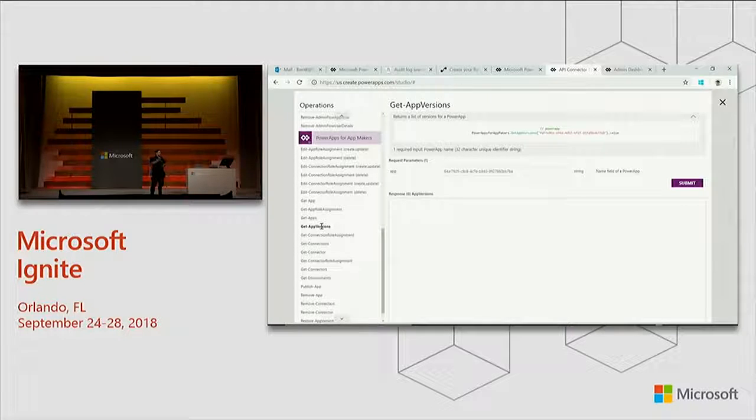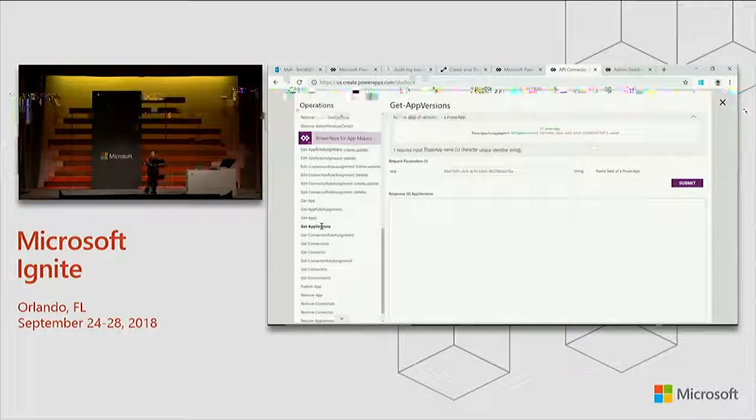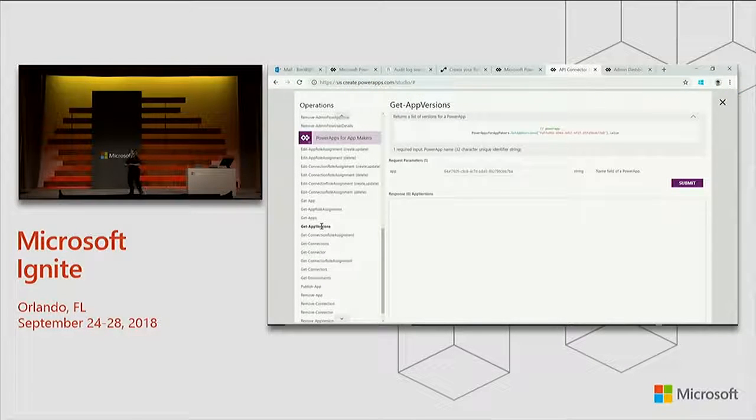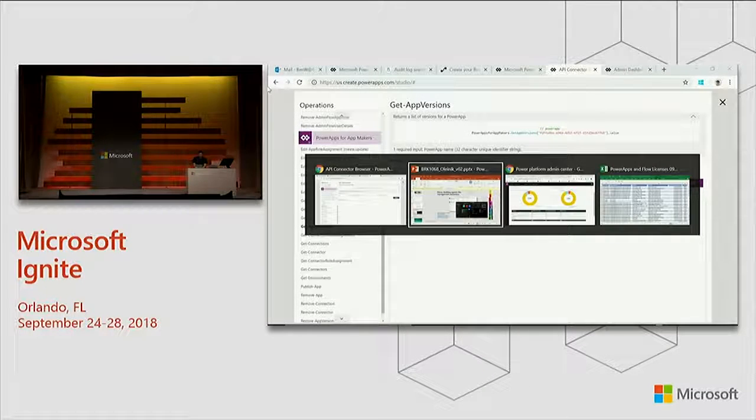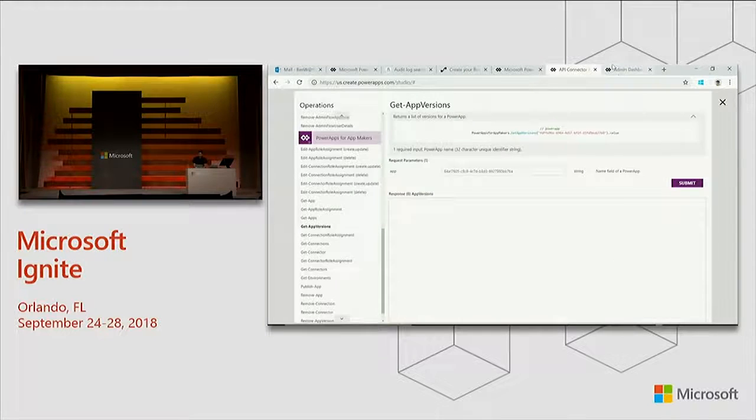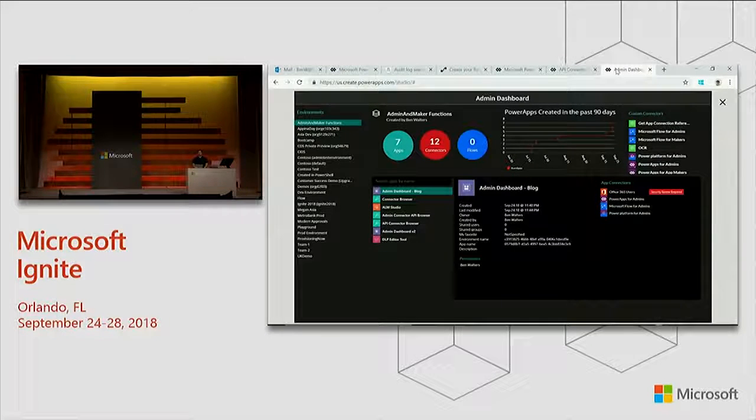And for the app, he needed to know, for example, if an update to his app had been published, because he wanted the app to prompt the user, hey, relaunch the app, because we don't have the capability to take down the app, since it was always running on a projector within his team room, showing the latest analytics, latest feeds, latest updates, right? And so what he did was he used the connector, and it calls, for example, if there is a version update, you can see get app versions here. If it was a version update to the app, he would have logic within the app that would then prompt the person, hey, a new version of my app has been published,